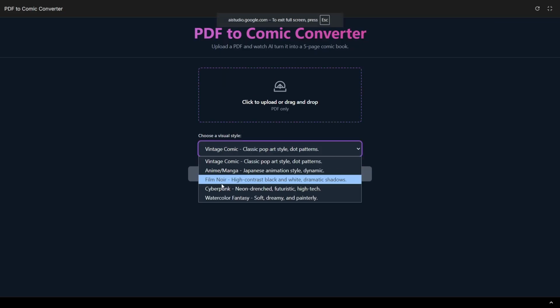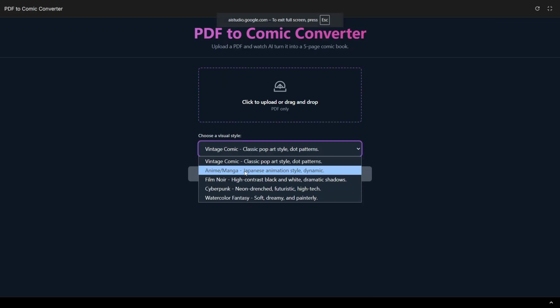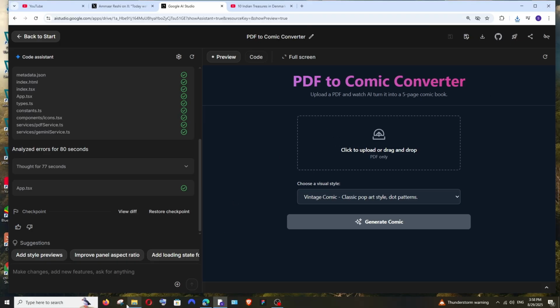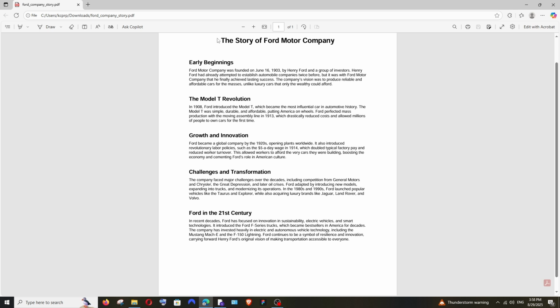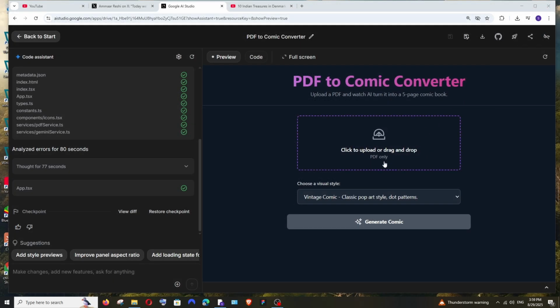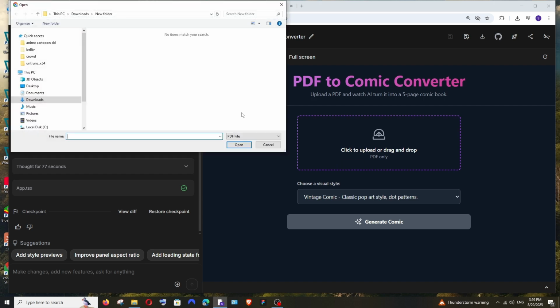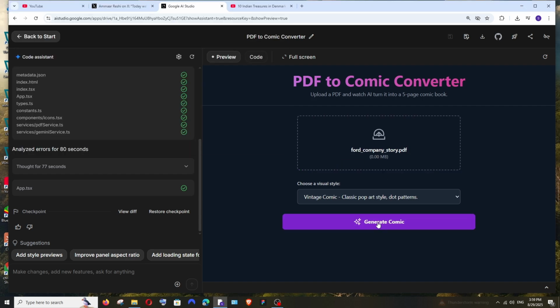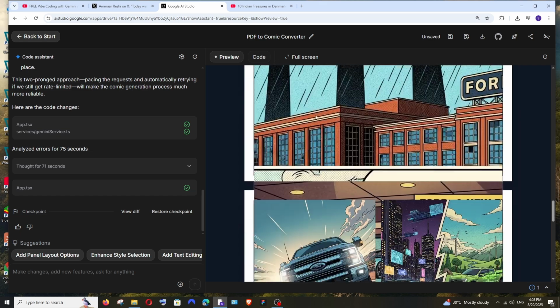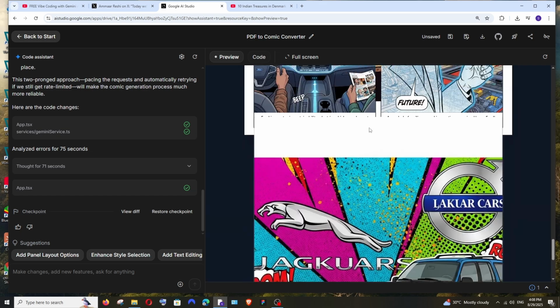Here we are having different styles of the PDF. Let me go with the vintage one, and the PDF that I'm going to upload is this one, the story of the Ford Motor Company, a 1-page PDF. So let's see what it can do for this. And generate comic. We have got the output, and damn, that just looks